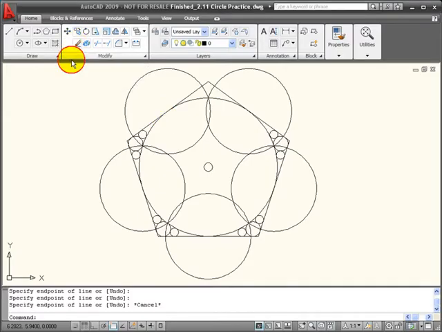Now when I'm using a command like erase that requires a selection set and the objects that I want to select don't fit in a regular rectangular window, for example, let's say I wanted to erase these small circles and these small circles, one of my other options I have is a window polygon. To activate that, once I've activated my command, I'll type in WP for window polygon from the keyboard, hit enter,